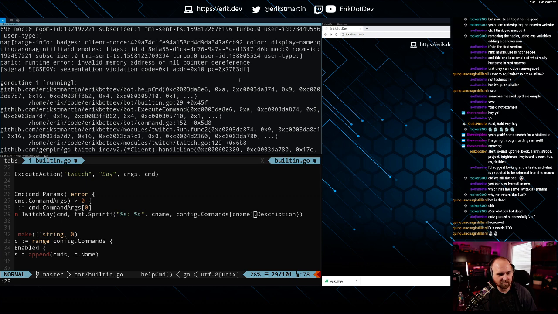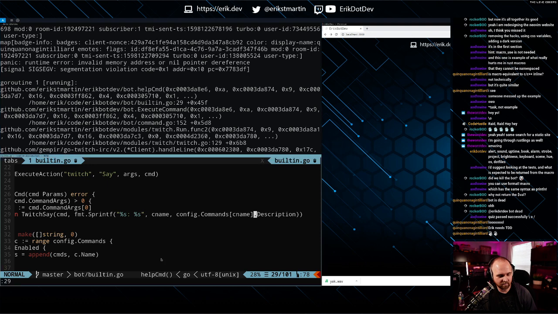Invalid memory address or nil pointer dereference, build line 29. So we've got CNAME here. Config should exist. Commands should definitely exist. Is it because this didn't exist?